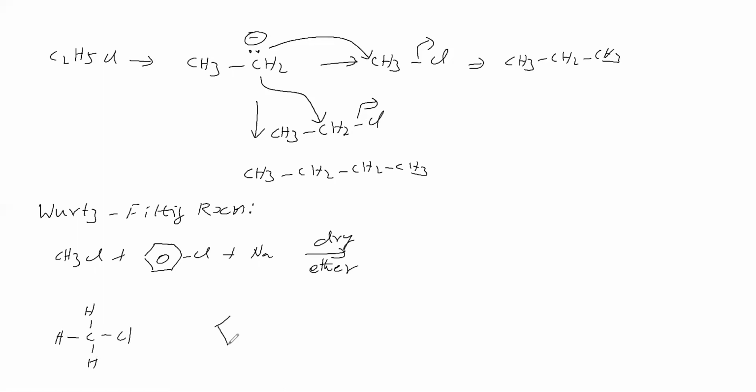Chlorobenzene will be written like this. Here, a partial double bond is there. So breaking this one is difficult when compared to breaking this. It is a single bond, whereas it is a partial double bond. This is a partial double bond, whereas it is a single bond. So converting which one into carbanion is easy? This, not this one. Therefore, this CH3 will convert into carbanion.